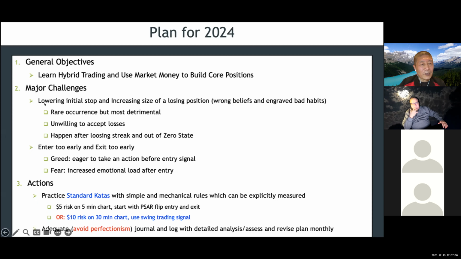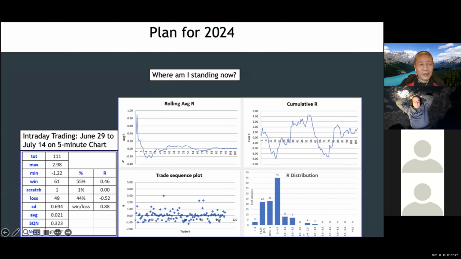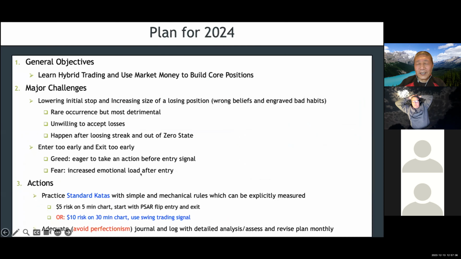So my next challenge is entering too early and exiting too early. If I trade SSC, I cannot wait for the true signal to come out. And then once I take a trade, I become fearful. So that's why you don't see this growing. One of the ways, I keep reducing the size of the initial position